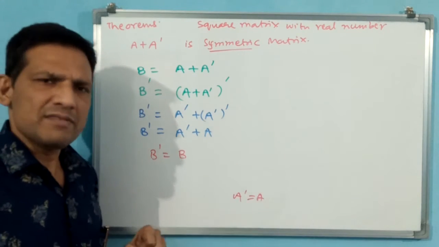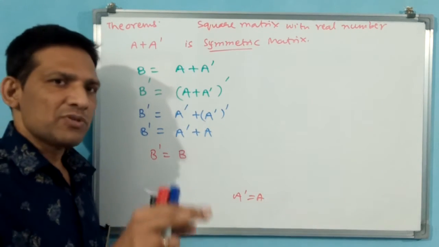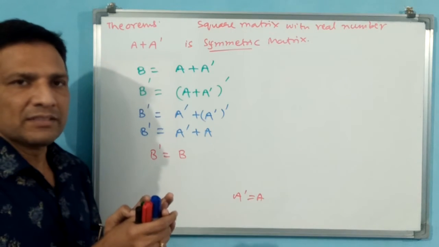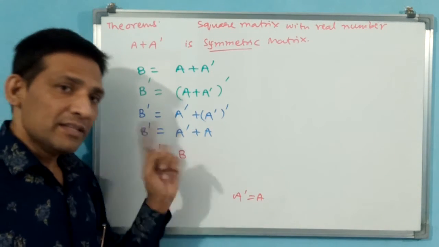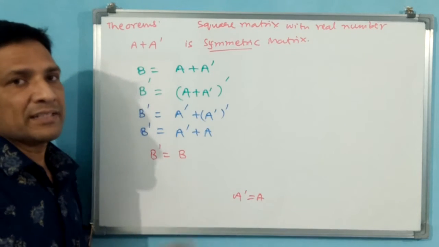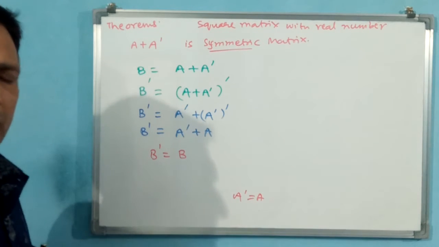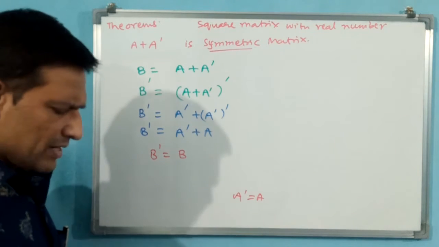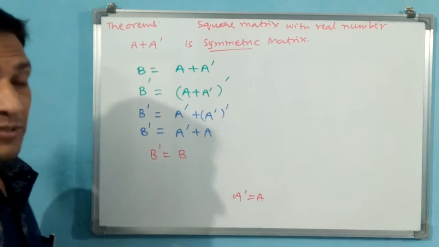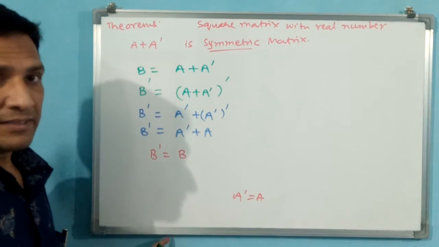See, any matrix you take, and the transpose of that matrix also you take. You add the original matrix and the transposed matrix. Then finally, that final matrix is going to give you a symmetric matrix. Okay, an example we can take directly, or else we take one example here only. Why are you worrying? If you take an example, that is called verification. We have proved it here.